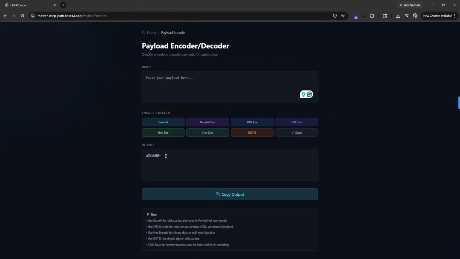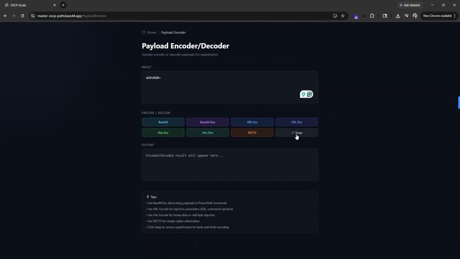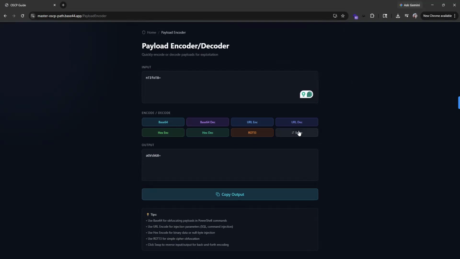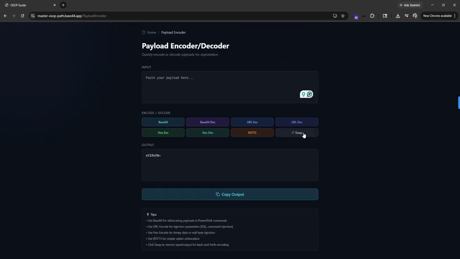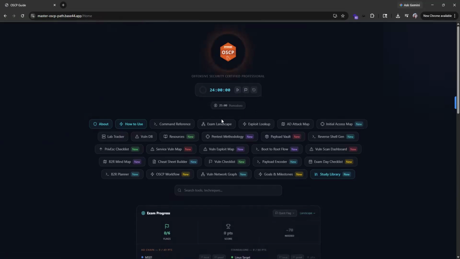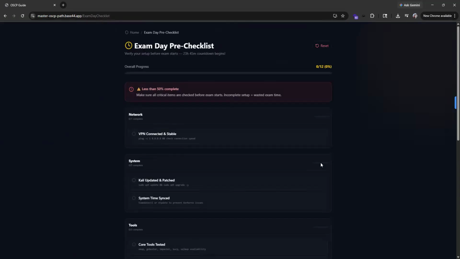you can code your attacks here and then, whatever. Let's also swap it out. ROT13. That swap. And then you put whatever payloads you need, whether you need to encode it or not. We find something. Exam day checklist, I'm really happy about